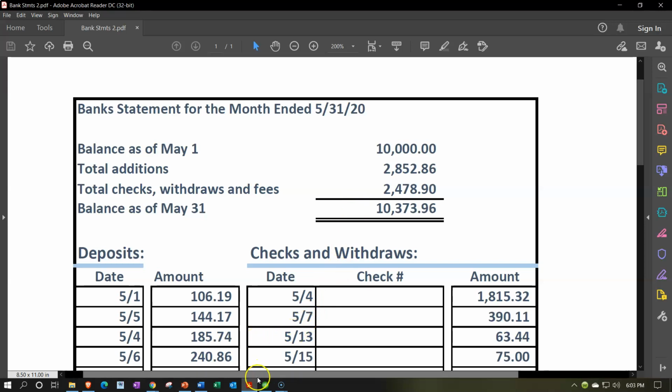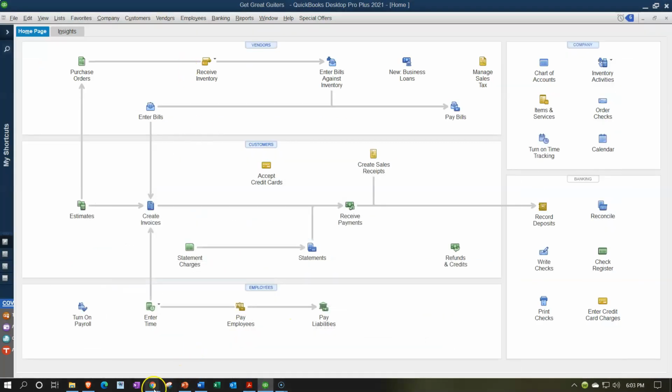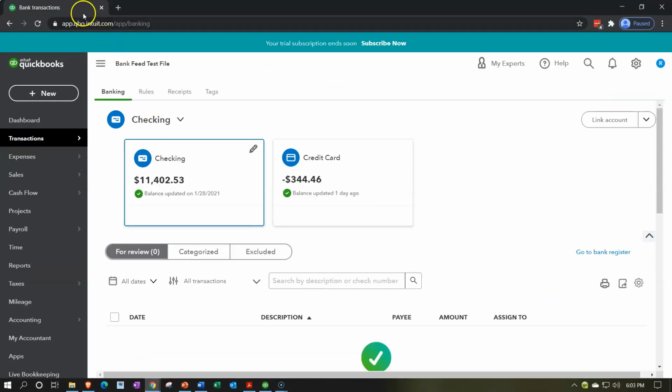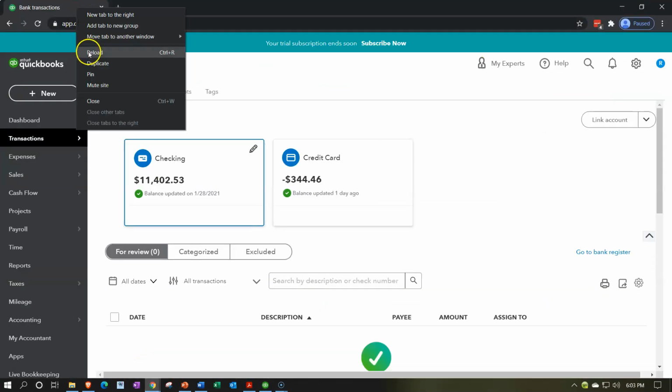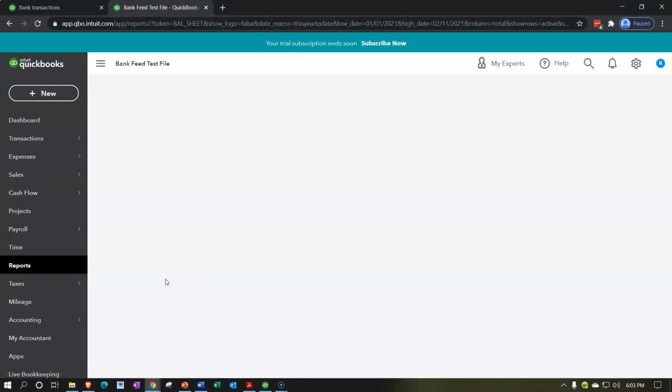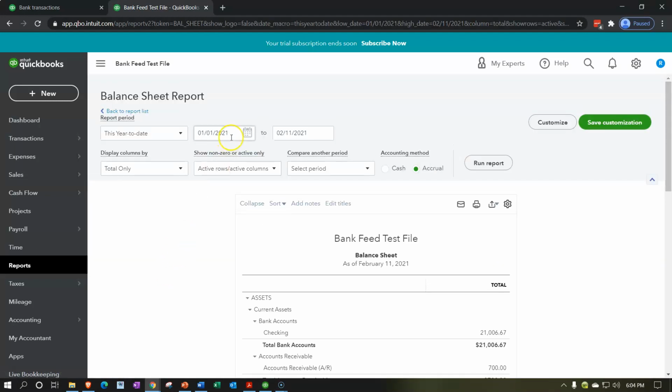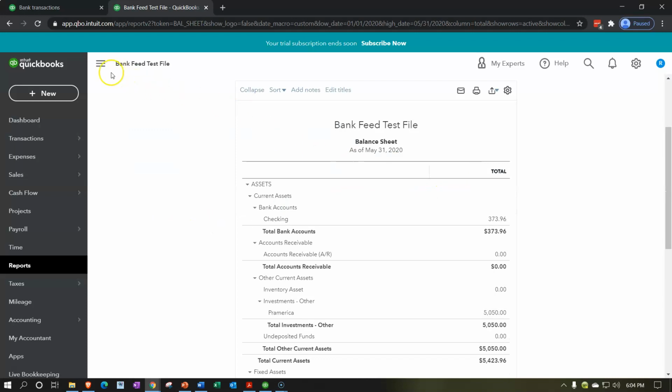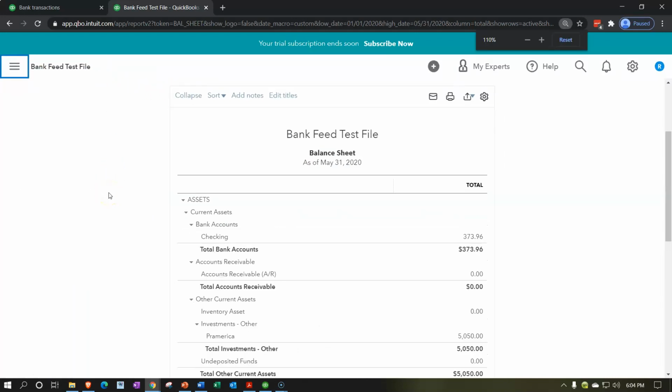We're going to be tying this out then to what is on our books. So if we go then to our books over here and we open up our financial statements, right-click on the tab, and then I'm going to duplicate. I'm going to be opening up the balance sheet report. So we're going to open up the good old BS balance sheet. Going down to the reports on the left-hand side, we'll go to the balance sheet here, scrolling up top, doing the range change. I'm going to make it from 010120 and then up to 053120, because that's going to be the end point of our first bank rec, running that report, closing the hamburger, holding control, scrolling up a bit,